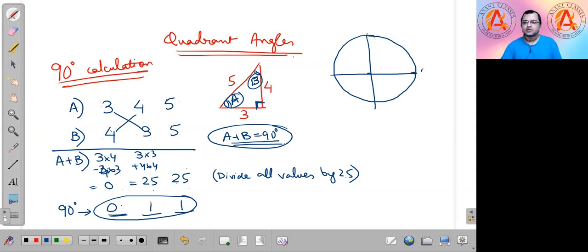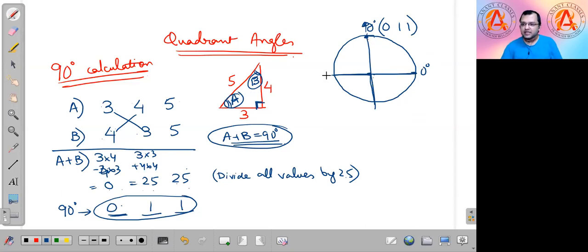So this is for 0 degree. This is for 90 degree. So for 90 degree, my triple is 0, 1, 1. Okay, that is for 90 degree. Is this clear? This 0, 1, 1 is clear. So these lines are all of 1 unit length. Correct? You can understand coordinate, no? Its x coordinate will be 0 and y coordinate is 1.